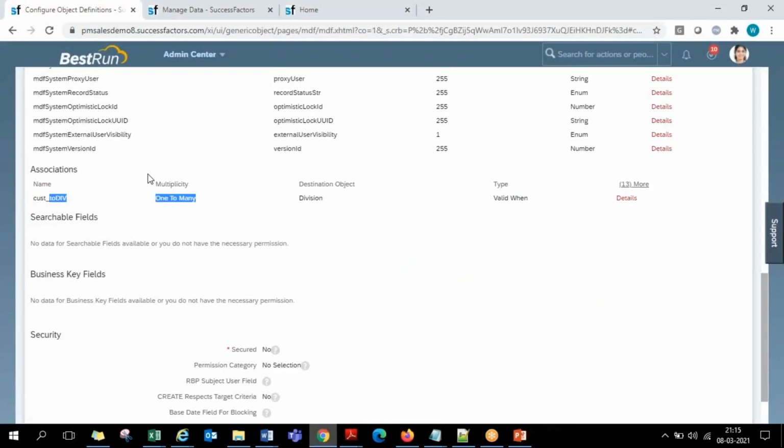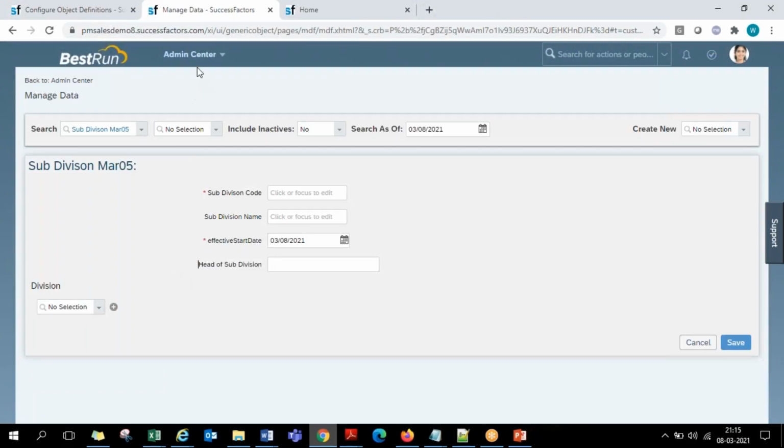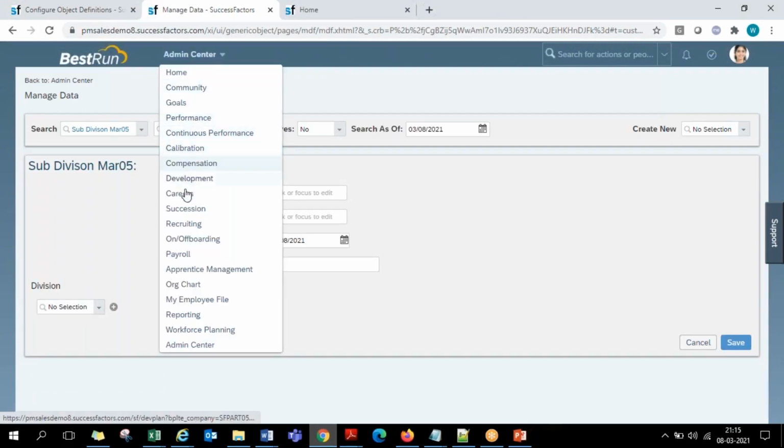Finally, these subdivisions, their objects, values, whatever you are creating here, are to be linked at an employee level. So that is also one of the foundation layers. The way you assign every employee with a particular legal entity, business unit, division, department and all, you are also required to assign an employee against a particular subdivision.